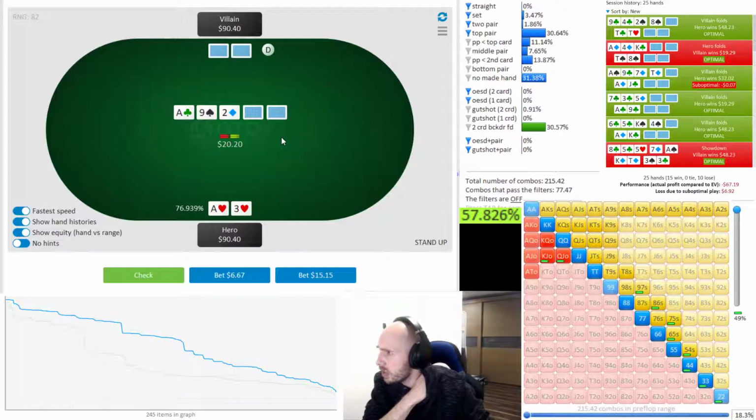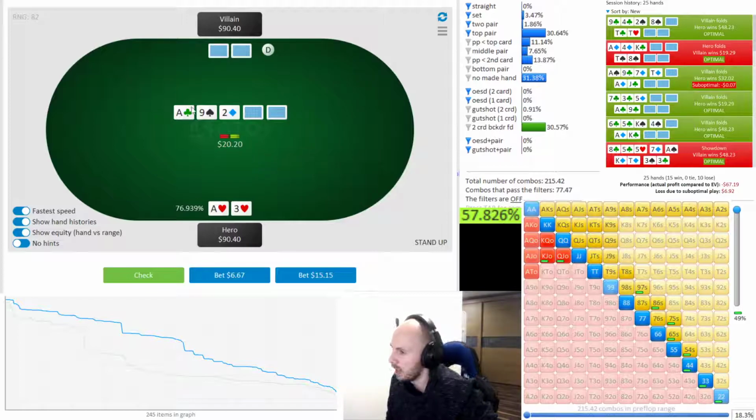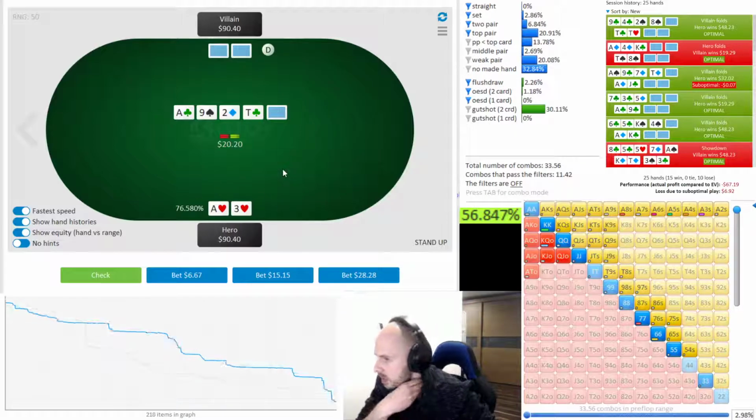Ace 3, we want a checking range here. It's very disconnected though, so here you can have a small bet size very often. We do want to protect our checking range somewhat, and no backdoors. We can check this. It actually likes a small bet, but I said I was going to check, so